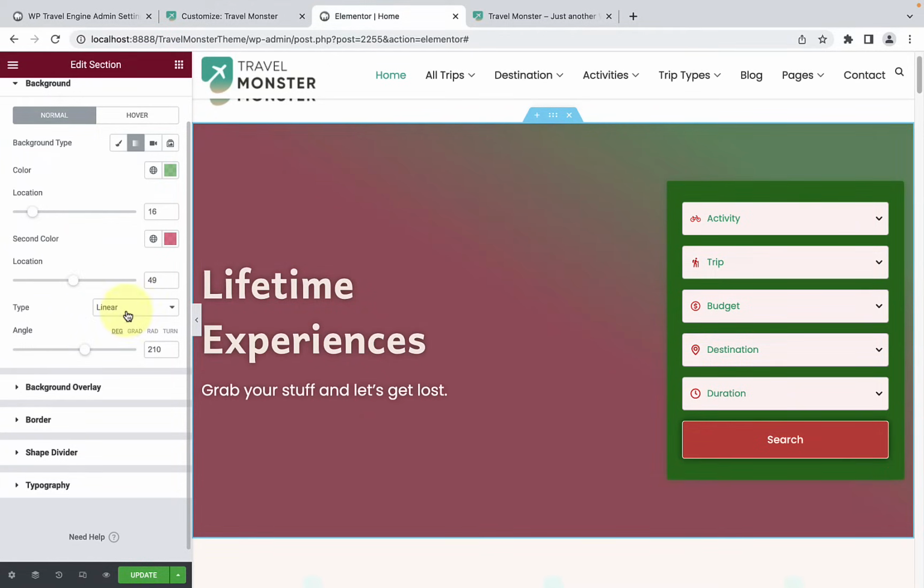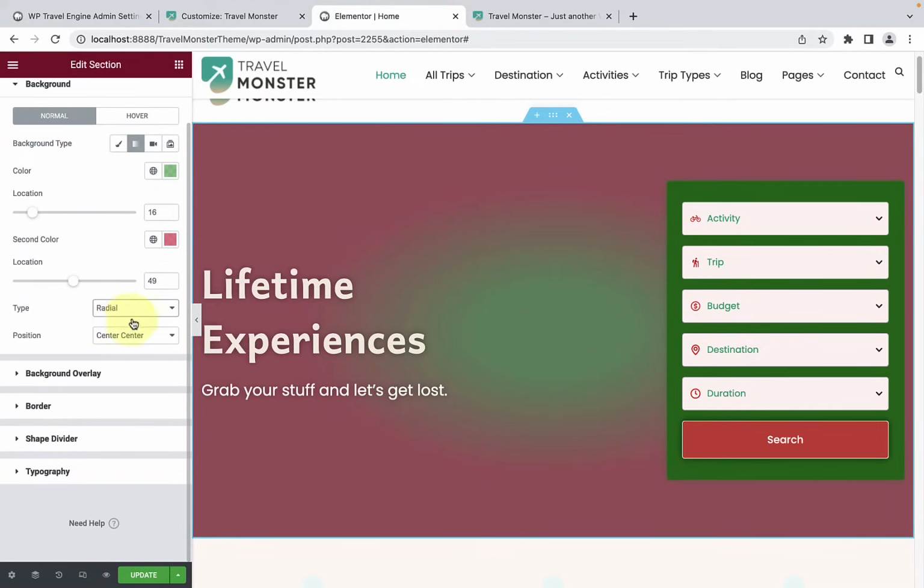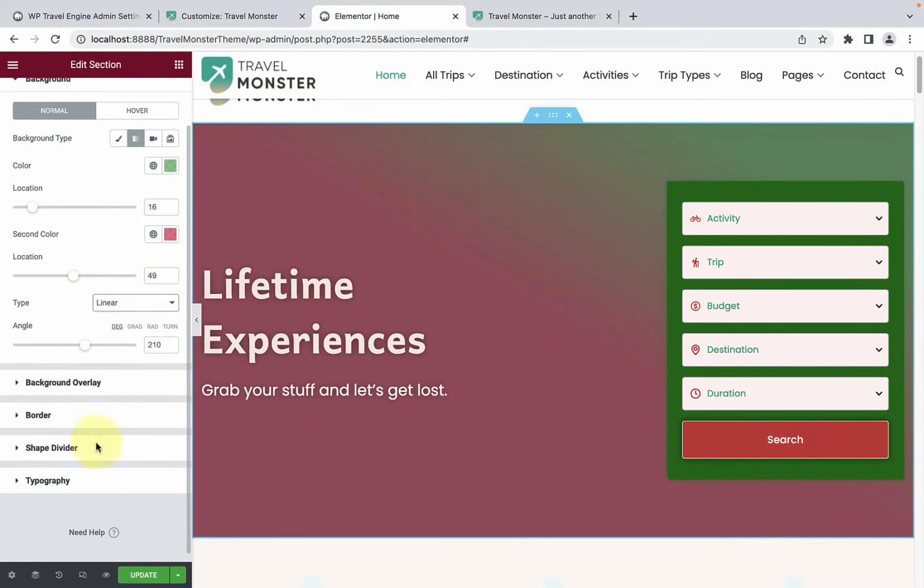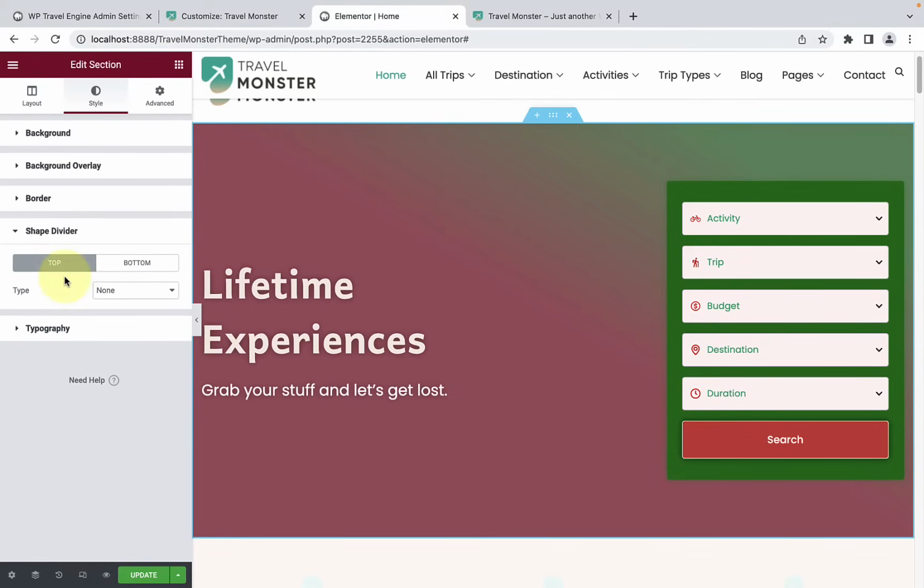For the gradient, you can also select the gradient type as linear or radial. And when you select radial, you can also select the position. You can select center right, top left, bottom center, and so on. Let's stick with linear. Now when you have selected the gradient, if you go over to shape divider, and here